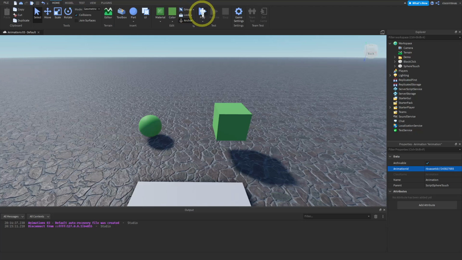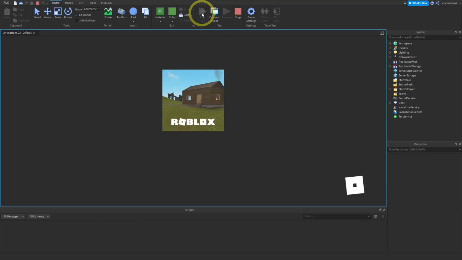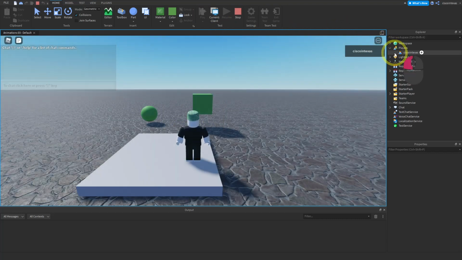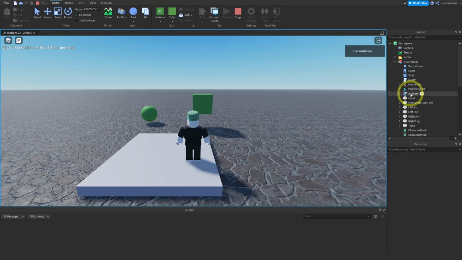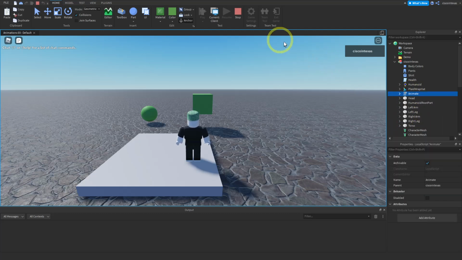So what you do is you hit play, because what we have to do is copy something from our player. We go here into players, you go to whatever your name is, and then, oh wait, oh my bad. We go into workspace, and then you go into your player, and here it is. There's an animate section here, animate child. Just copy that whole thing. So I'm going to say copy. I'm going to stop the game,